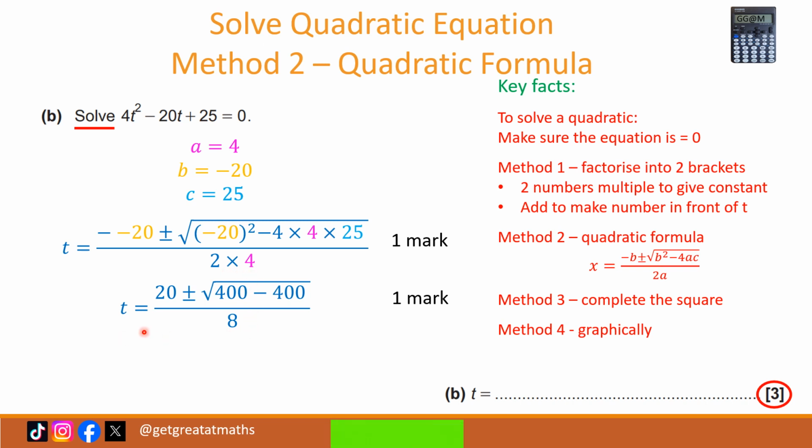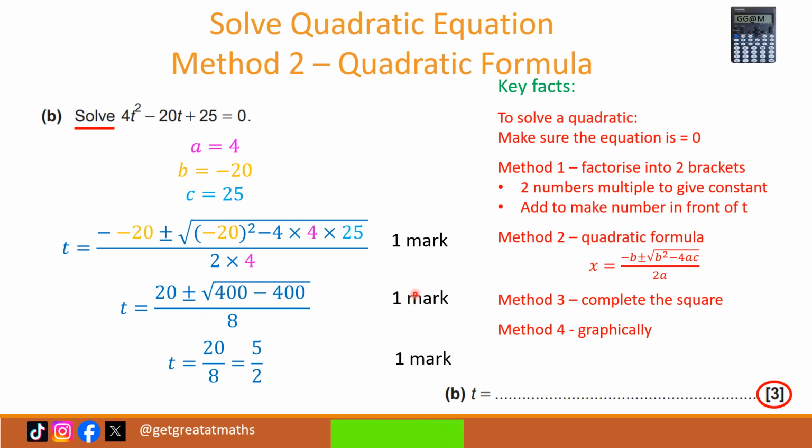And this is what t is equal to. Now you can see underneath the square root, I've got 400 take away 400, which gives me 0. So there's no value underneath the square root, which means I've got a repeated root. So my value of t is 20 divided by 8, which is the same as 5 over 2